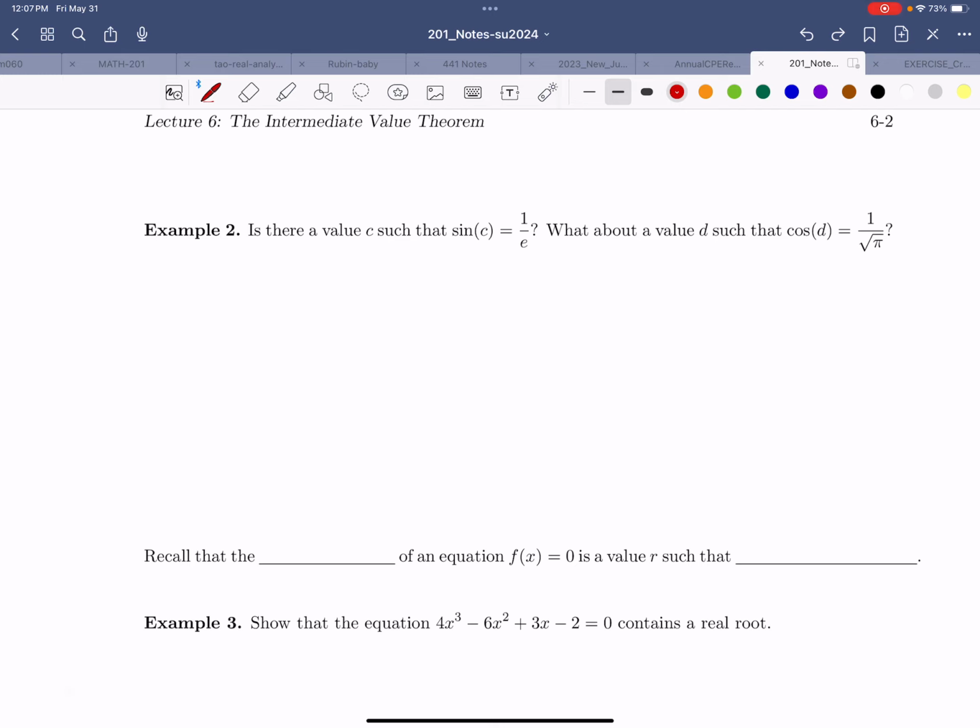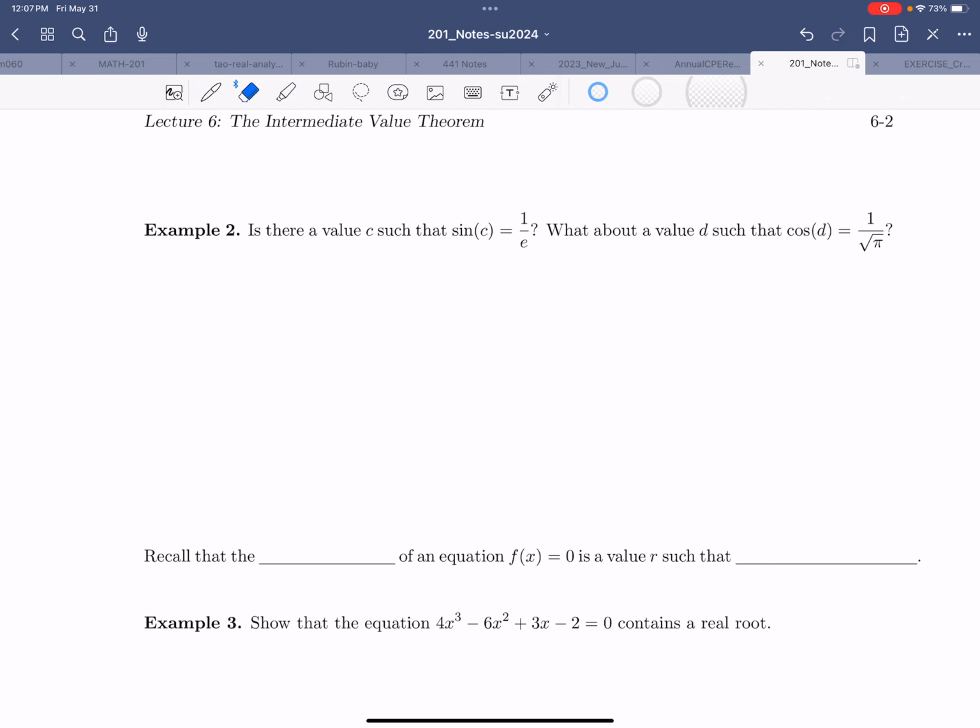For example, is there a value c such that sine of c equals 1 over e? Now, if you remember your trig, you might know that that weird number e doesn't really work well with trig functions. There's no nice angle that gives you sine of that angle equals 1 over e. However,